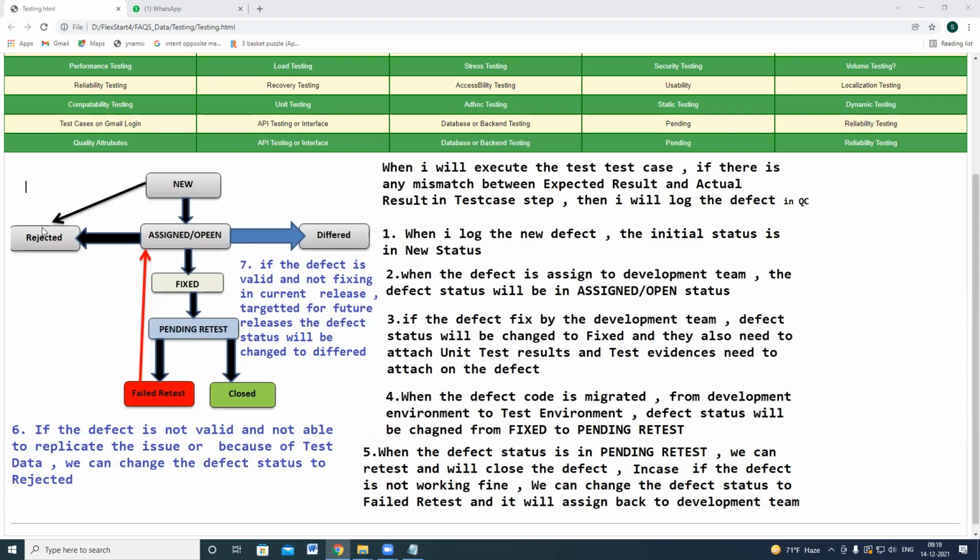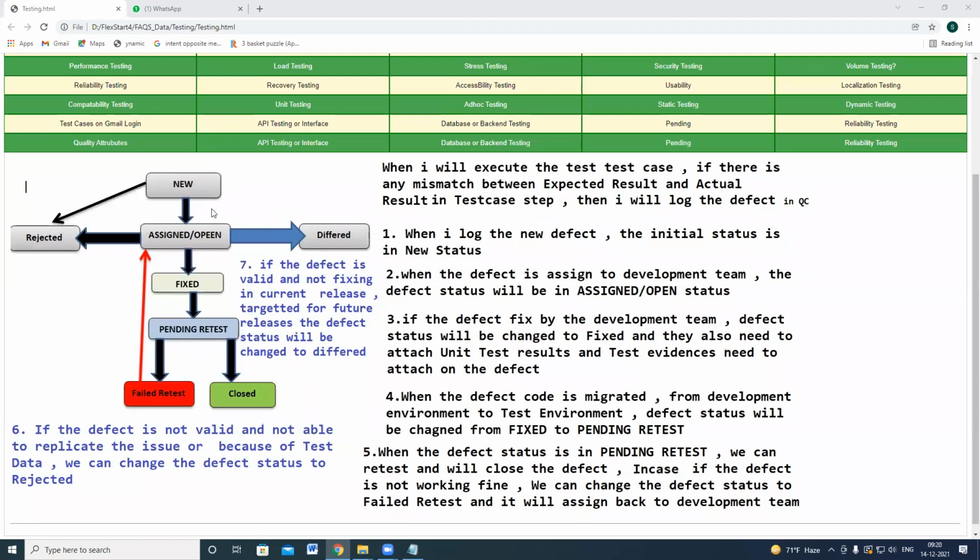You might have understood the functionality differently, or you might be using the wrong data. Or the issue might not be replicable in the test environment. So in ICICI Bank 1.com, previously when you tested it, the issue got replicated, but when you discuss it during development time, you could not replicate that issue again. In such a case, you can change the defect status to rejected. So once it is rejected, it is rejected.